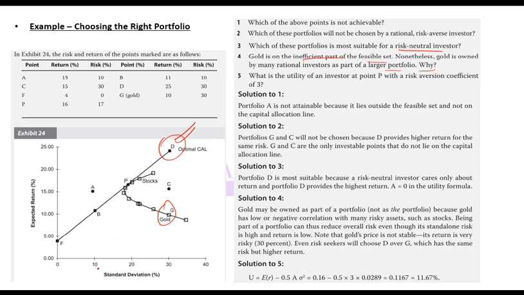What is the utility of an investor at point P with risk aversion coefficient of 3? So at point P you can find out the return, you can find out the standard deviation, you have the aversion, you can calculate the utility. Formula for utility is simply expected return, which in this case is 16%, minus half into A, which is 3, multiplied by variance. You can find out the variance from here. It will be approximately 0.19 or 0.18 squared. This is standard deviation, you square it and it becomes variance. So you can find out the utility. Any problem so far?